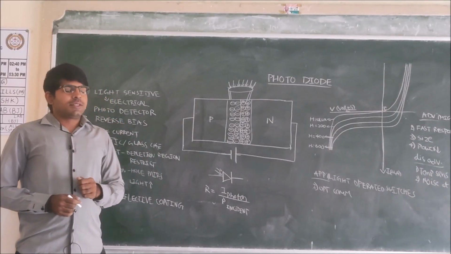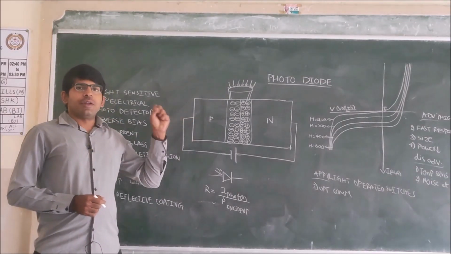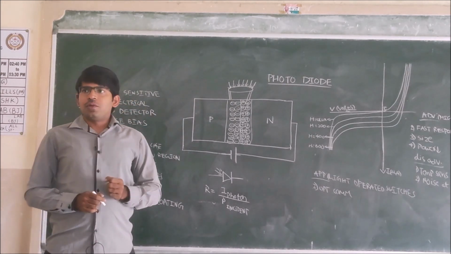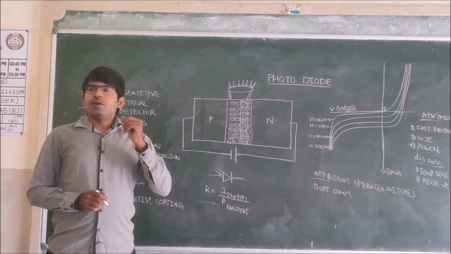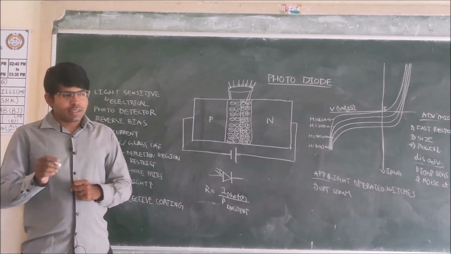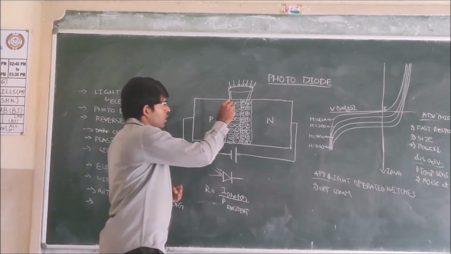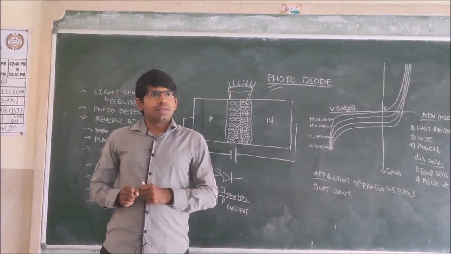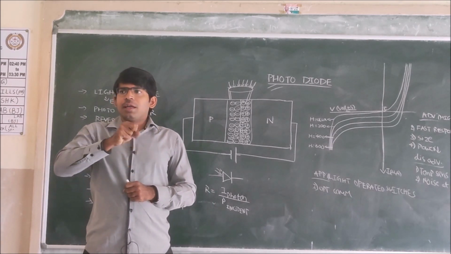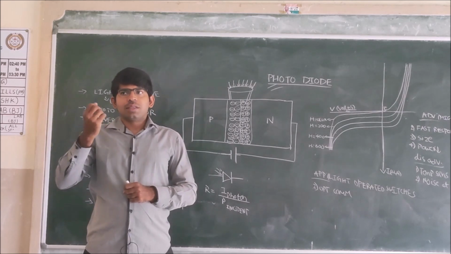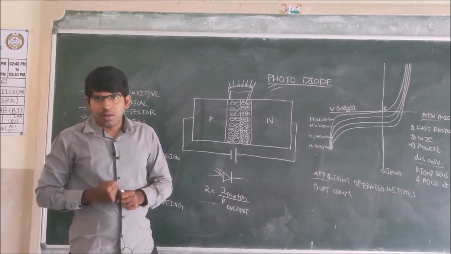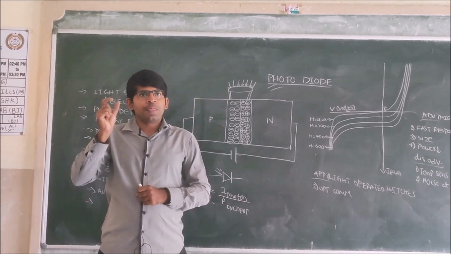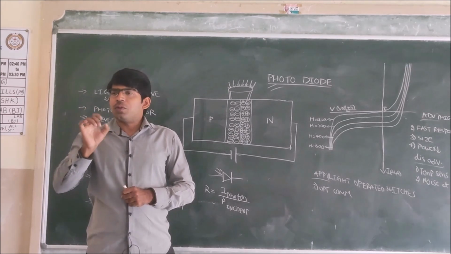We have previously discussed different diodes. Light emitting diode we have discussed, varactor diode we have discussed. In this class we are discussing about photodiode. In the light emitting diode we discussed, by taking the electrical energy, it is giving the light energy. So LED is emitting the light. That's why we are calling it a light emitting diode.